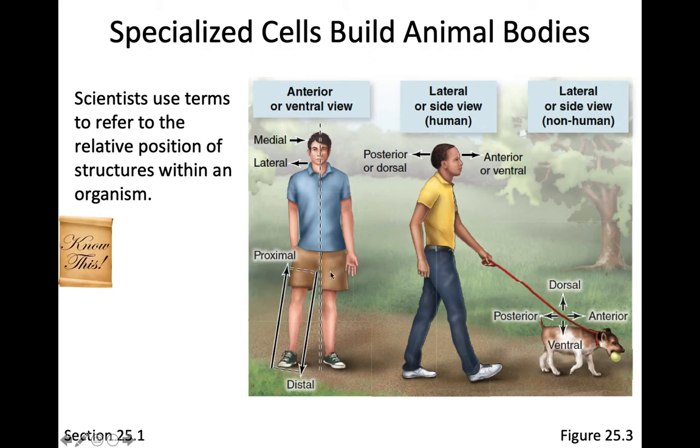You'll say the dorsally positioned bone or the anteriorly positioned muscle, and you don't have to ask whether it's the right-hand side or the left-hand side. If you've ever done theater, stage right and stage left get really confusing real quick. It's the same concept here. If the person's looking at you, it's their right. If they're not looking at you, it's their left. It gets very confusing. So throwing out all of that and using these easy terms right here